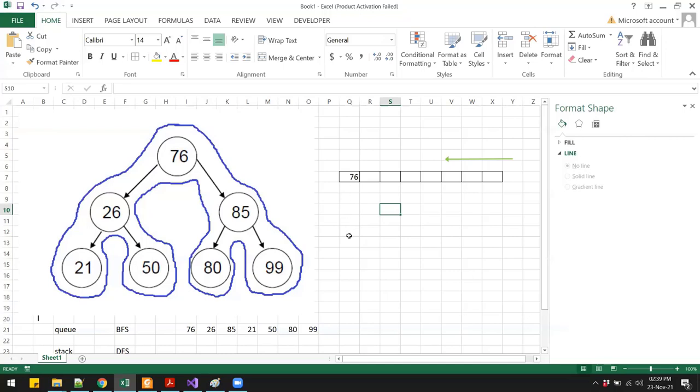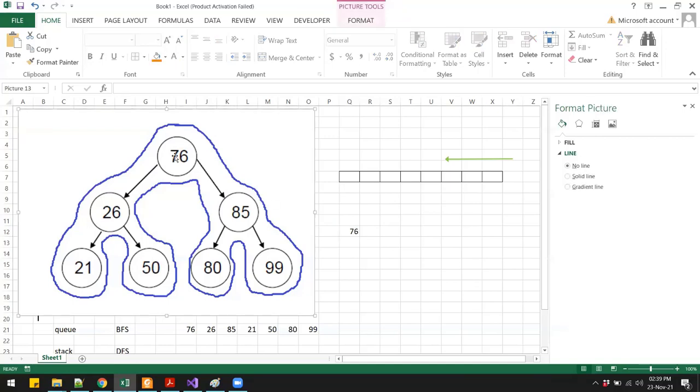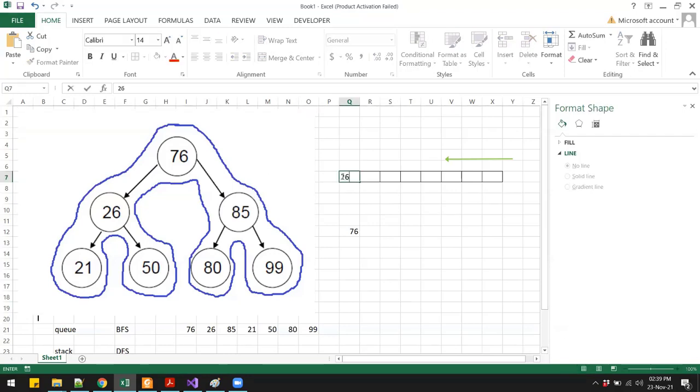So when you dequeue, you print at the same time. So when you dequeue, that 76 is gone, and then you go to the node with the value 76 and enqueue the left and the right child. So you will enqueue 26 and 85 because they are the left and the right child.